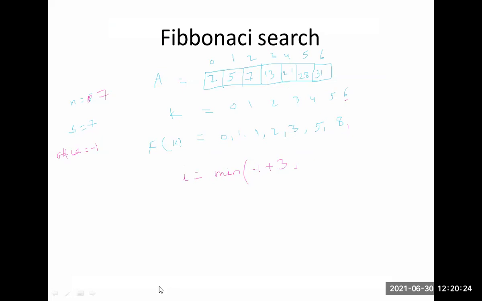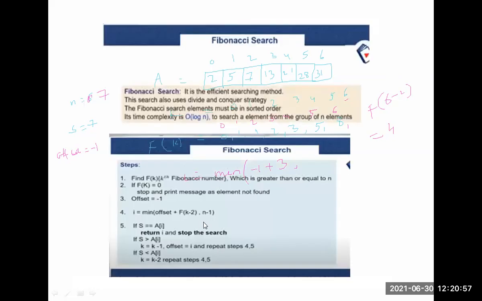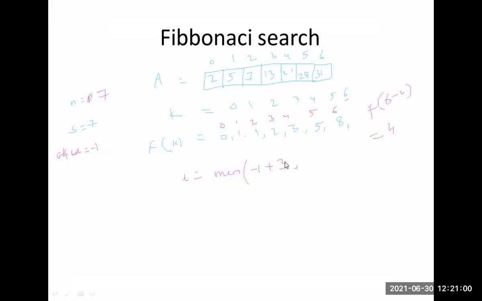I just write here, students, don't get confused. Here 0, 1, 2, 3, 4, 5, 6. Okay. So k equal to 6. So f of k minus 2, that is 6 minus 2, equal to 4. So in the fourth location, what is the value here? 3, comma. Next, consider the formula here, comma n minus 1. What is the total n value? The n value is 7. So 7 minus 1 is 6.